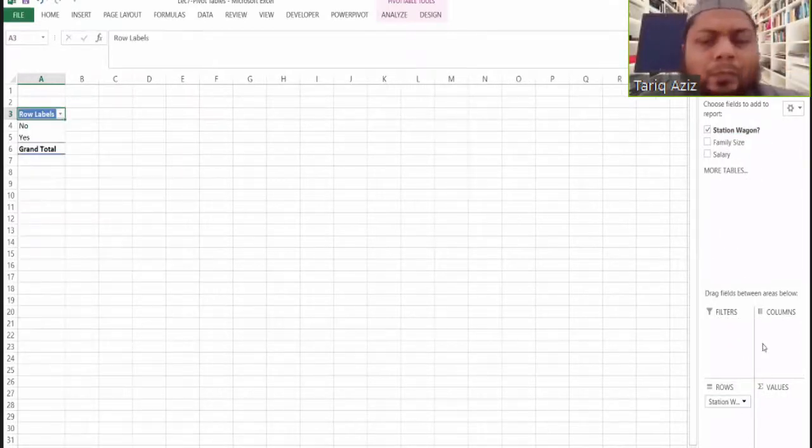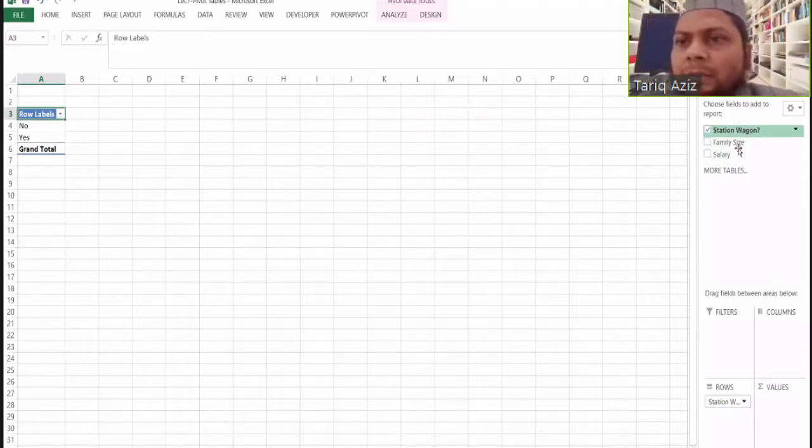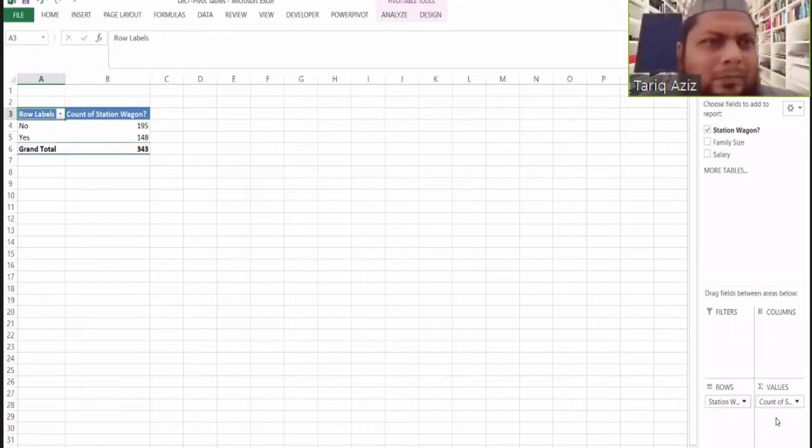Say for example, let us first drag this in the rows. Then let us drag the station wagon here also. As you can see, a table has already been prepared here.